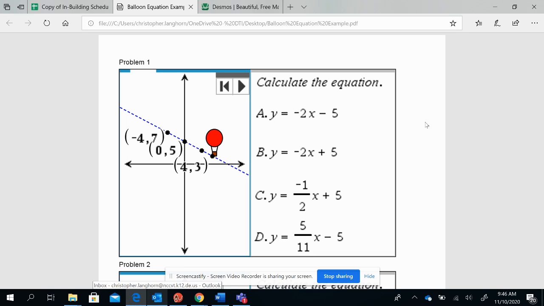This is balloon equation example. We're given coordinates, and based on these coordinates, we're going to use Desmos to get the equation that we need. Some things will stick out later, which I'll explain. But for right now, we're just going to go into Desmos,